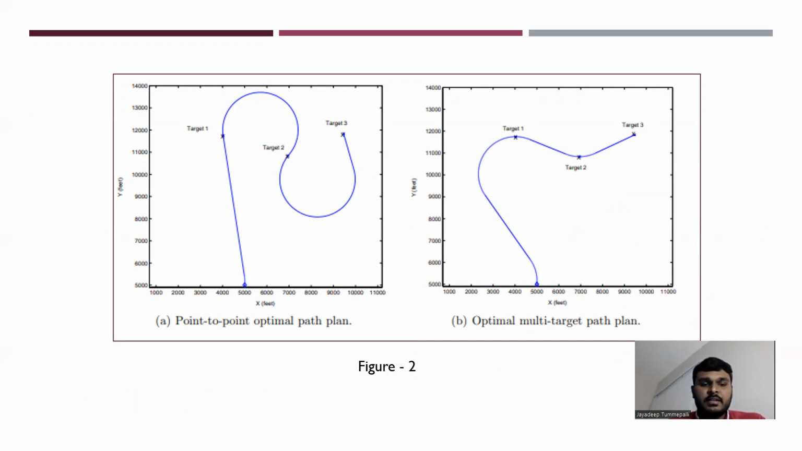As discussed in the above slide, we need to take all the mentioned points into consideration and reach all three targets. As shown in figure 2, there is a point-to-point optimal path plan and an optimal multi-target path plan. By considering these two paths,